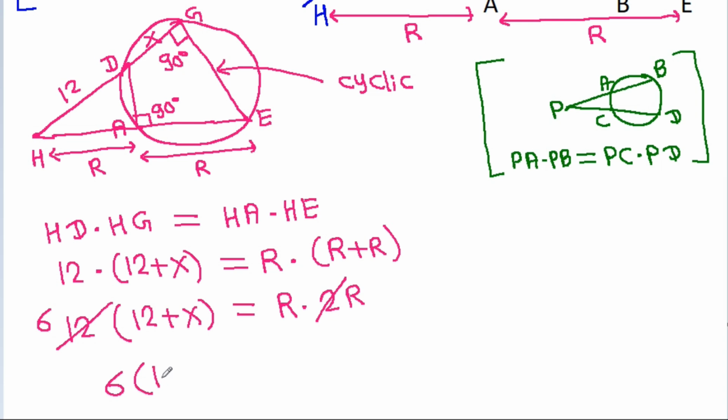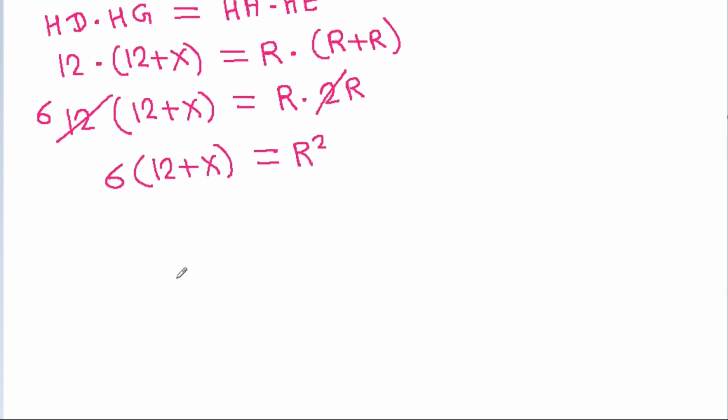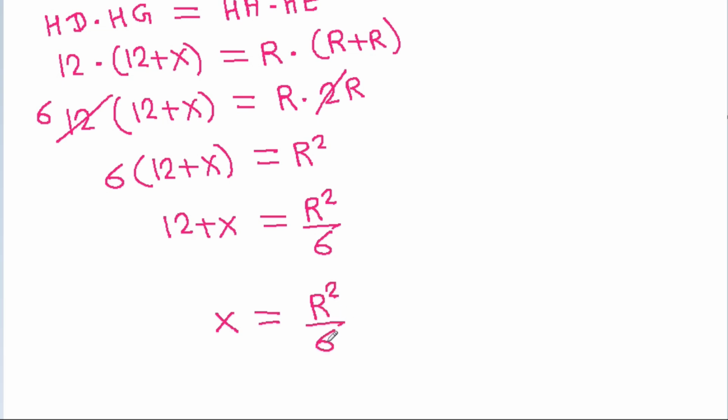So 6 times 12 plus X is equal to R square, and 12 plus X is equal to R square by 6. So X will be equal to R square by 6 minus 12,